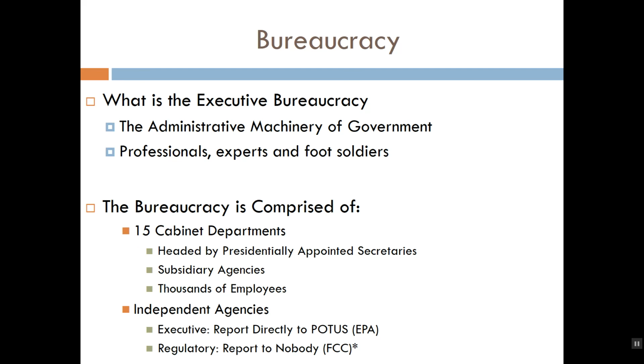So the executive bureaucracy is the administrative machinery of government, and it provides us with two things. Number one, it provides us with foot soldiers. Congress doesn't have the manpower to implement a tax on the ground level, but the executive bureaucracy does. The Treasury Department, for example, has about 95,000 employees, and a very large number of these 95,000 employees work in the IRS. The fact that there are so many of them makes it much more feasible for them to go